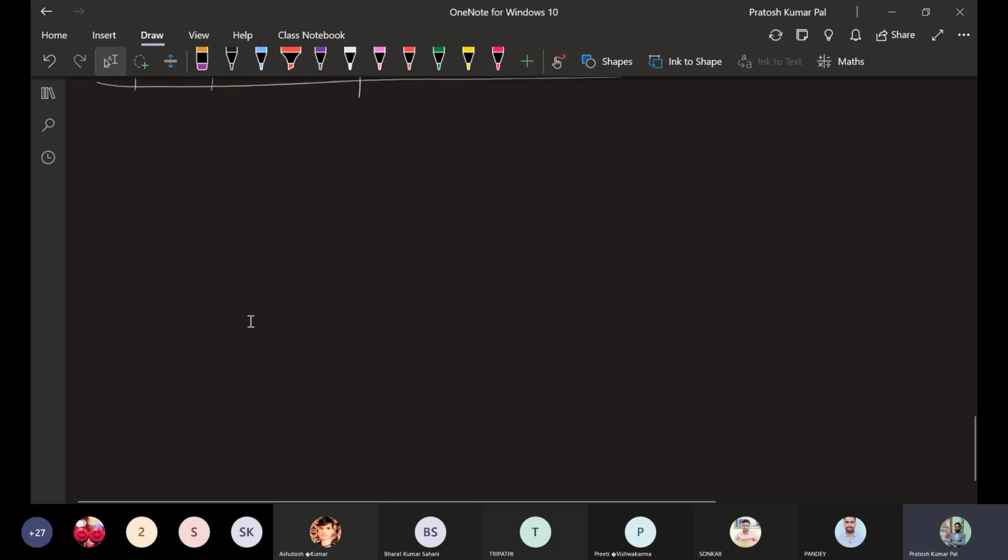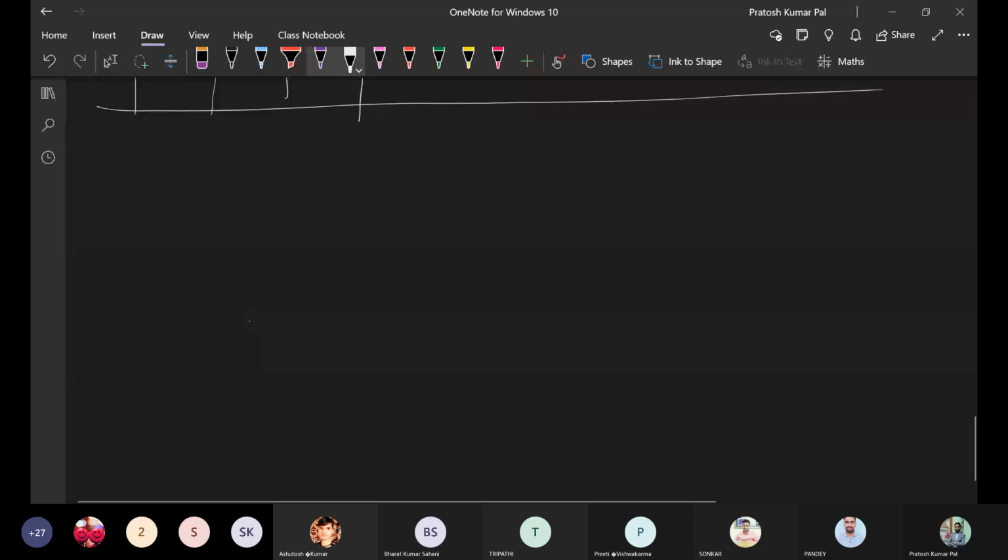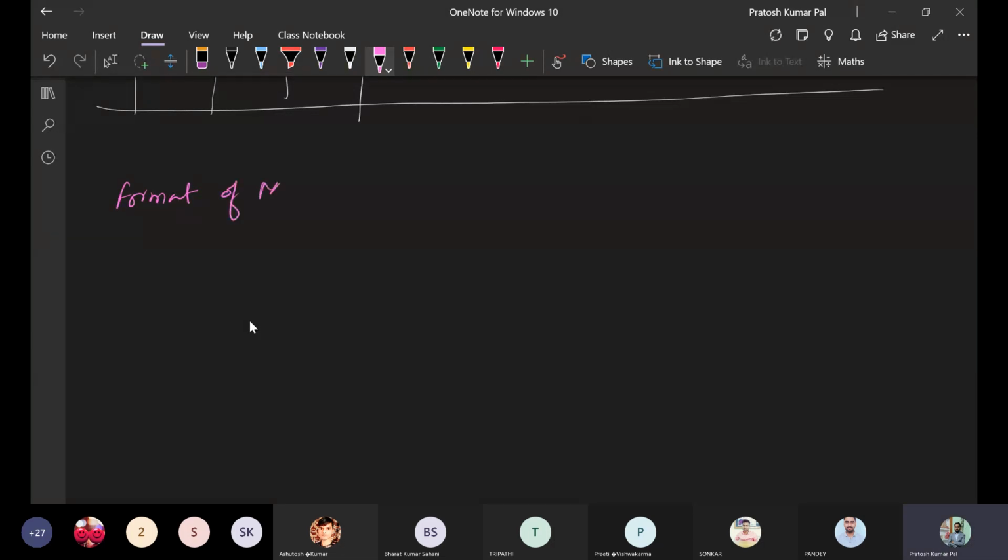Now we will see some formats of different registers basically. We will see the format of the mode register. So we know the control register.